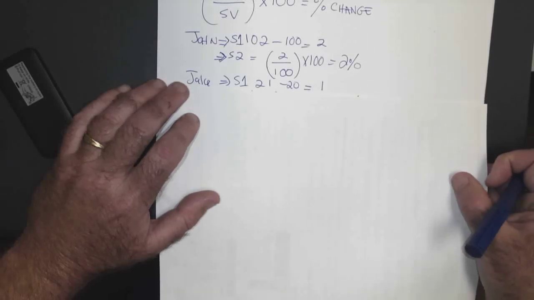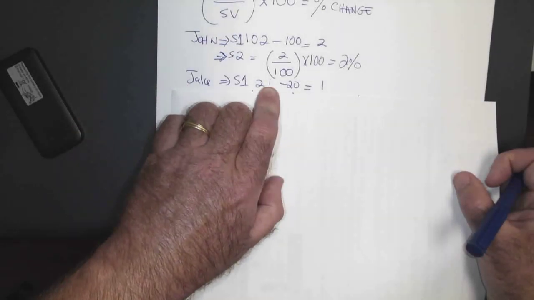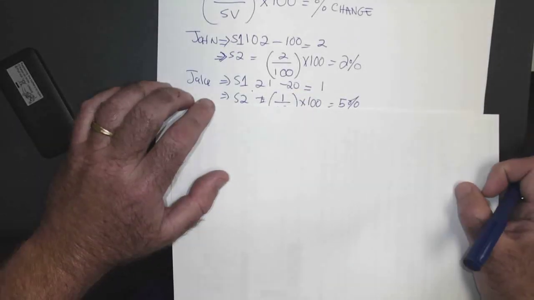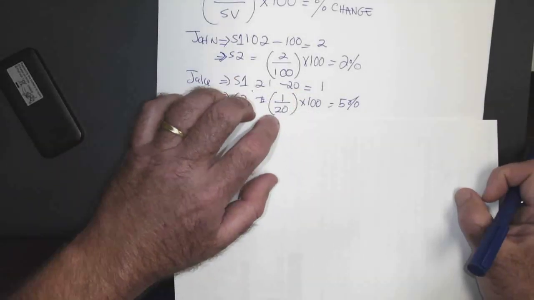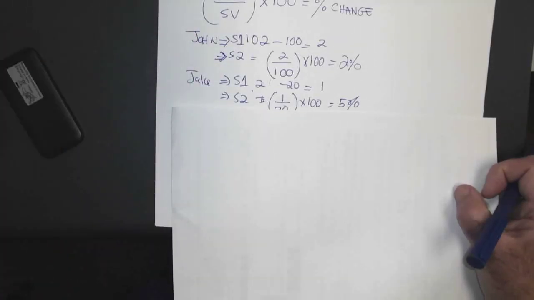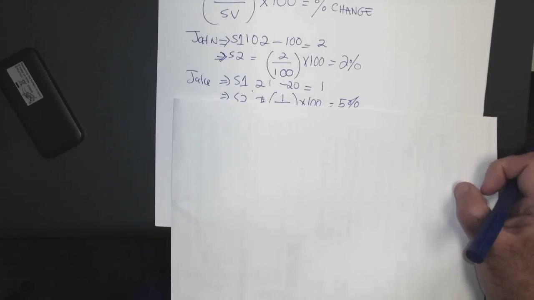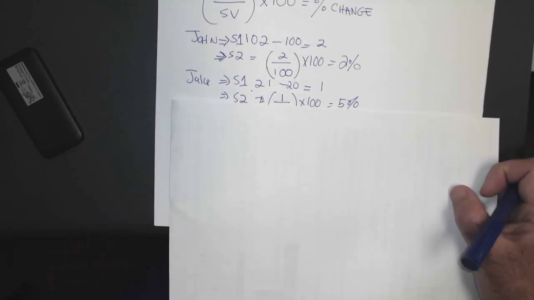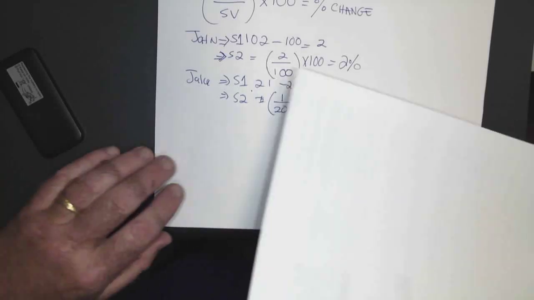So for Jake, we have 21 minus 20. We ended up at 21, started with 20, equal to 1. Step 2, divide 1 by 20. So even though Jake sort of started from a smaller number, in essence, he got a larger raise. But if you think about it, John's already like, I'm making $100,000 anyway, but Jake's is going to be larger. So we're going to go ahead